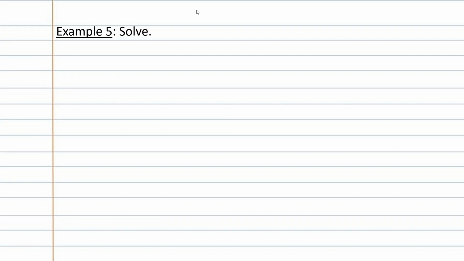Now, let's look at example 5. Example 5 gets a little different here. Here we're looking at y to the 2/3 plus 5y to the 1/3 plus 6 equals 0. All right, so my u sub here is going to be y to the 1/3. Okay, so this will allow me to write the equation as u squared plus 5u plus 6 equals 0, which I can then come in and factor,